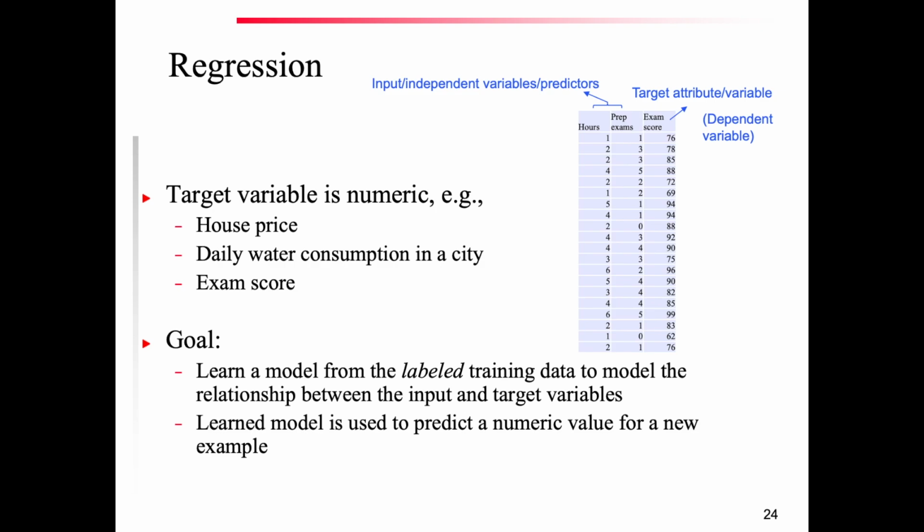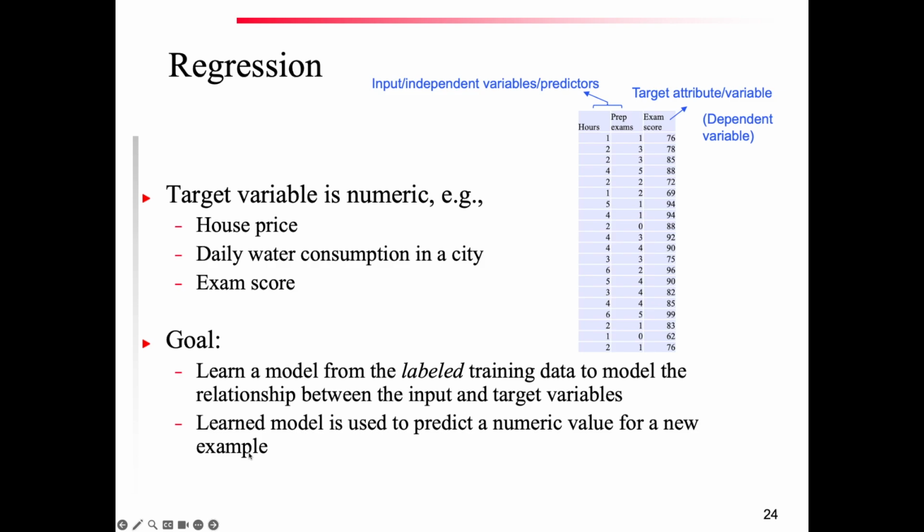Yeah, in classification, you're going to predict classes or discrete values. But in regression, we are predicting a numerical value. And a learned model is used to predict a numeric value for a new example, or the relationship between input and